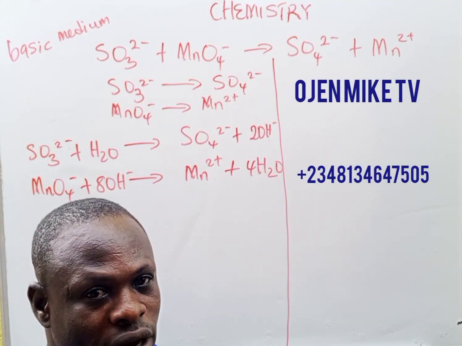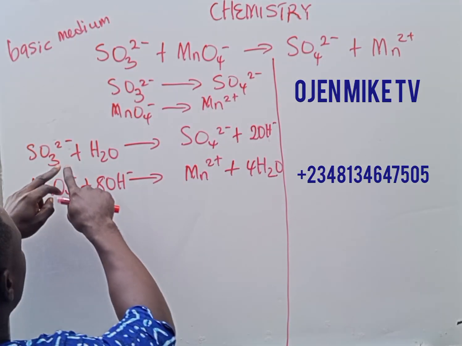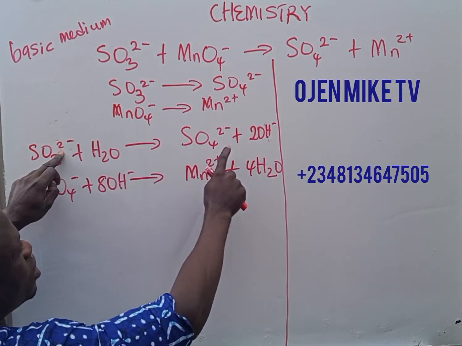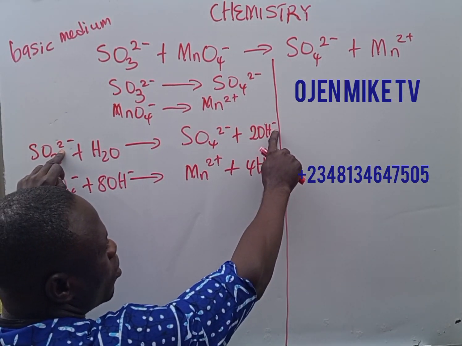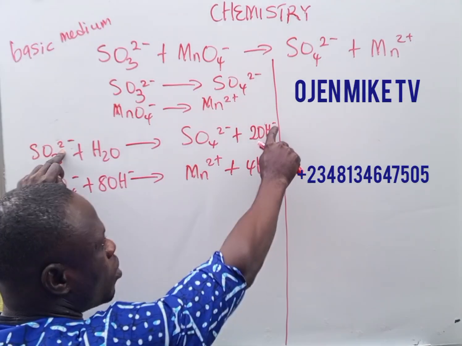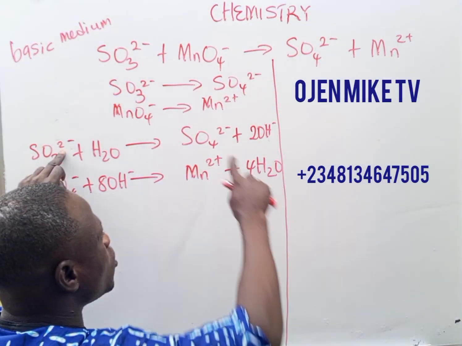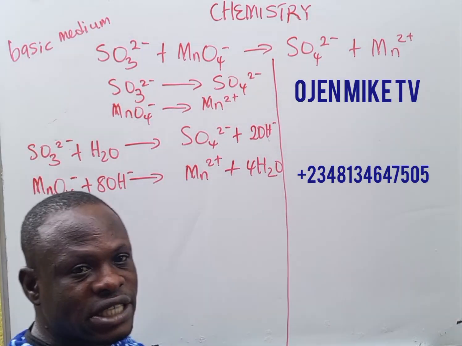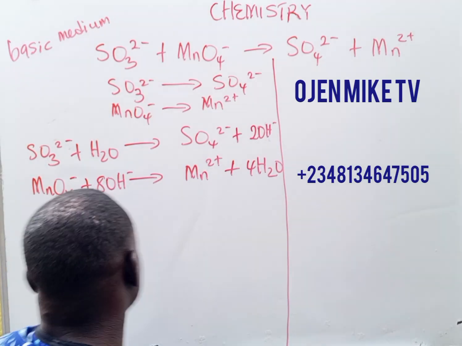The next thing we have to balance is our charges. If you look at here we have -2, here we have -2, and here we have -2. Do you get that? Minus times 2 gives us -2. So we need to add electron to the side with the highest charge. Do you get that? So we have